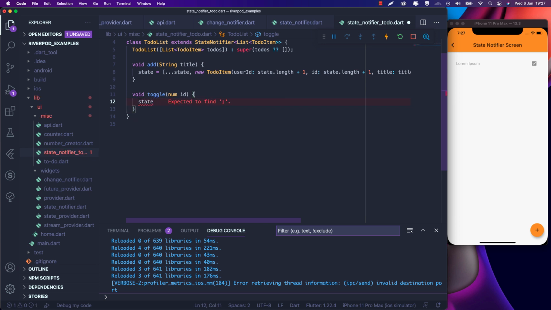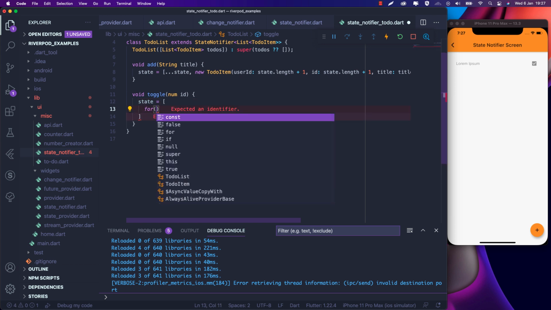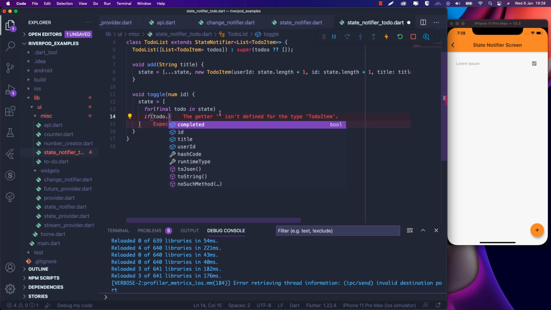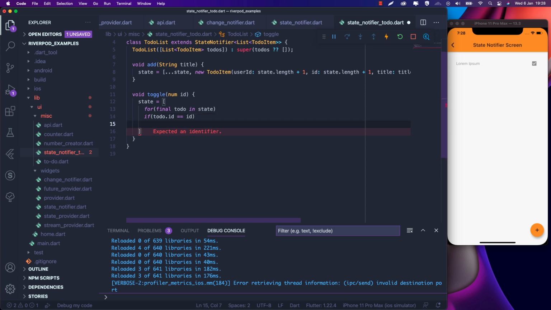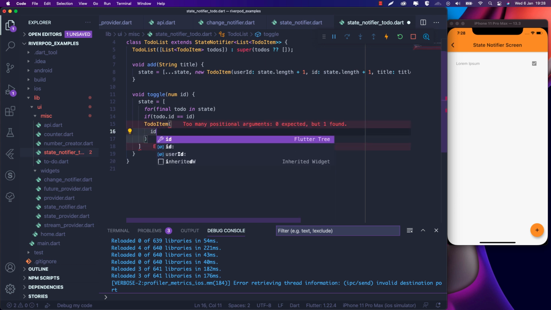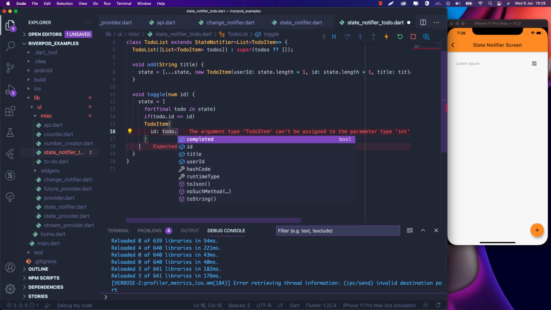We have the state equals, for each to-do in the to-do list, we are going to say if the todo.id is equal to the ID that we passed, then modify the to-do item, and for the ID you just use todo.id,